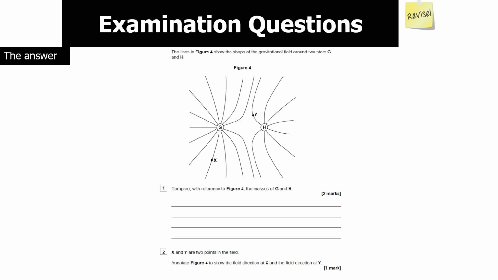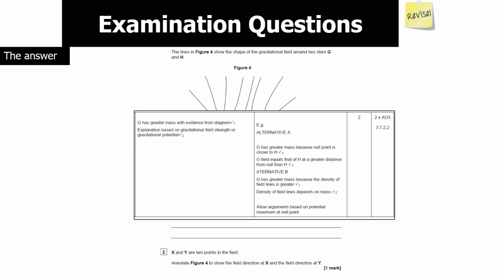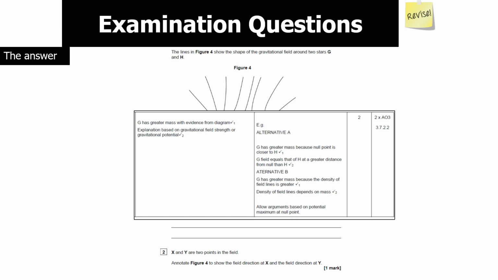Right, so how do you answer this first question? Well, you've got to remember that in a field, the density of the field lines indicates the strength of the force, and in this case, the gravitational force is affected predominantly by the mass of the object that is present. So you can see that G must have a greater mass than H does, and why is that? There are two things you could say. You could indicate that the density of the field lines is greater around G compared to H, or you could say that the null point, the point at which the two gravitational fields cancel each other out, is closer to G than it is to H,